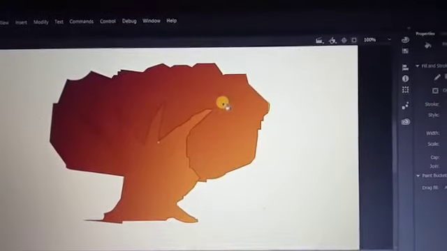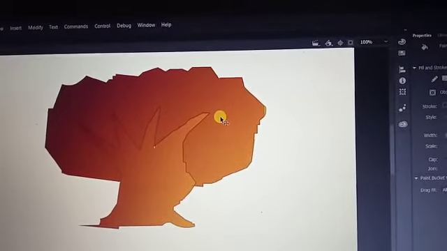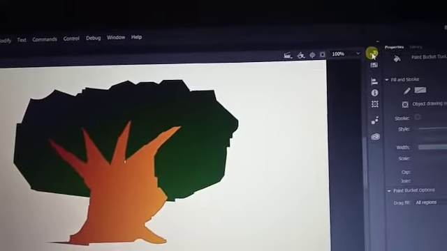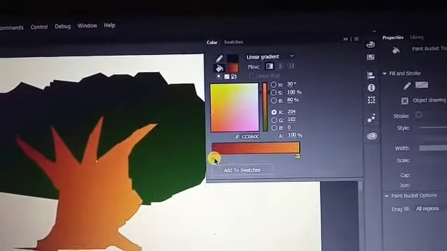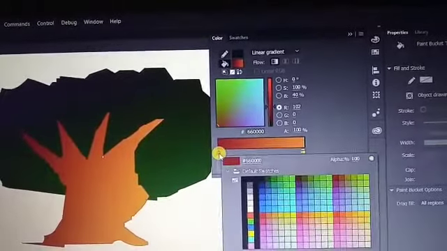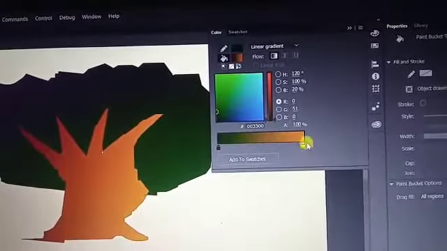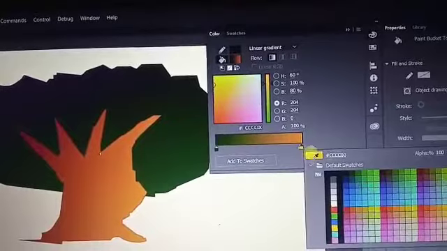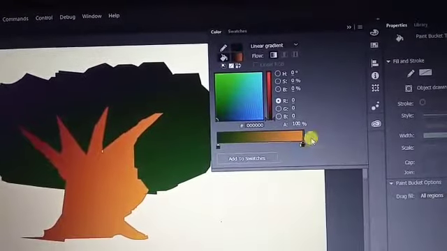First we click on that. Click on the left arrow marker, select the green color, and click on the right arrow marker, select the black color.